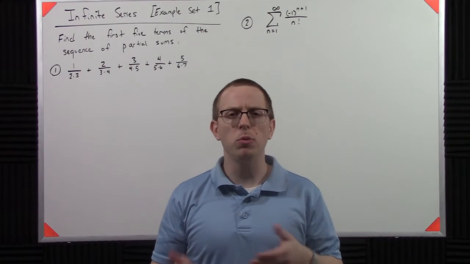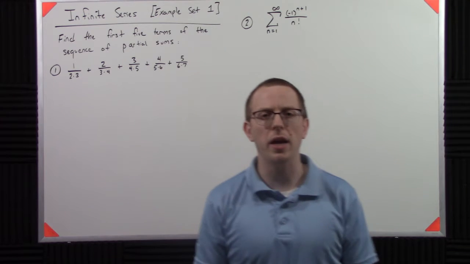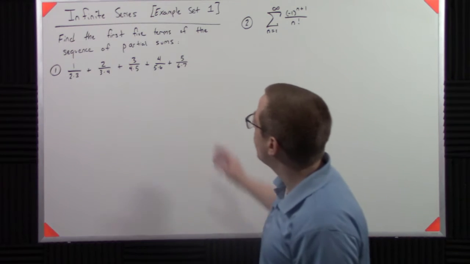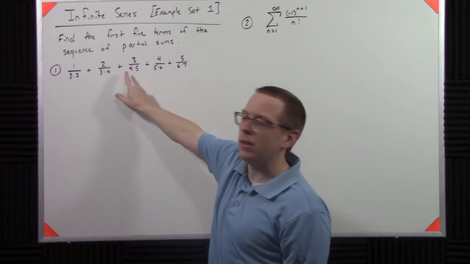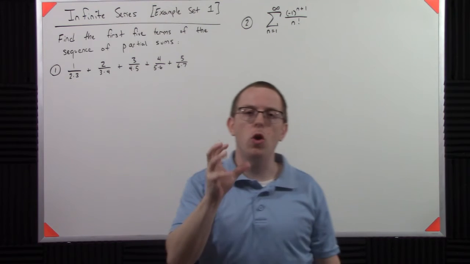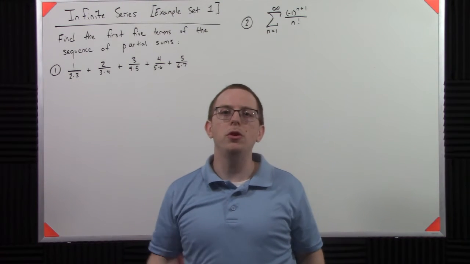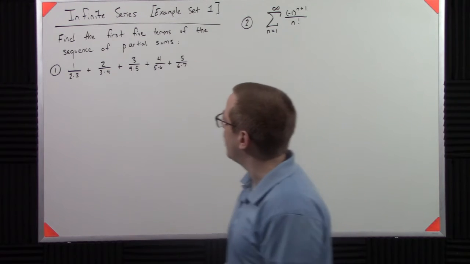Let's do some simple examples working with infinite series and just get comfortable with working with the idea of partial sums. So what we want to do is we have a sequence that's defined here kind of explicitly, and then we have this one that's defined in terms of an arbitrary nth term. And what we want to do is just describe the first 5 terms. So to do that, we're going to say, okay,